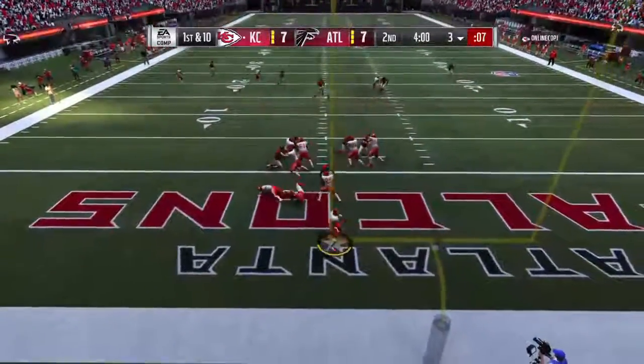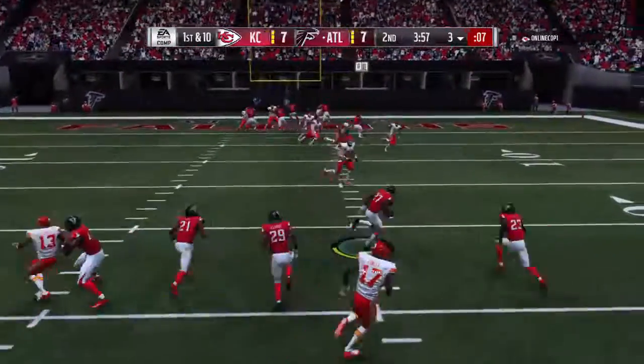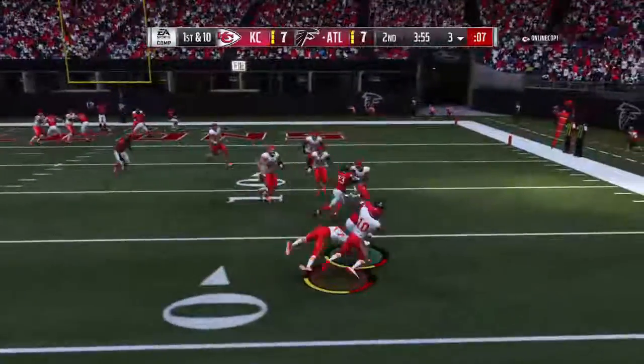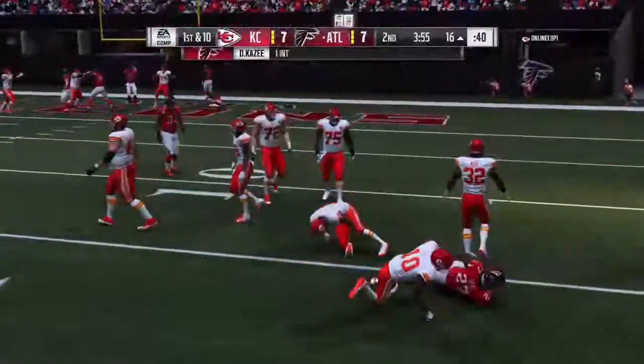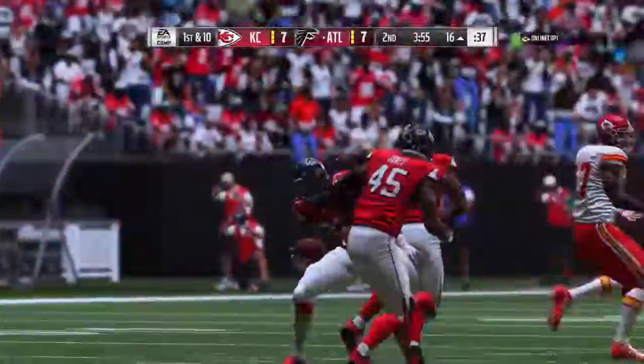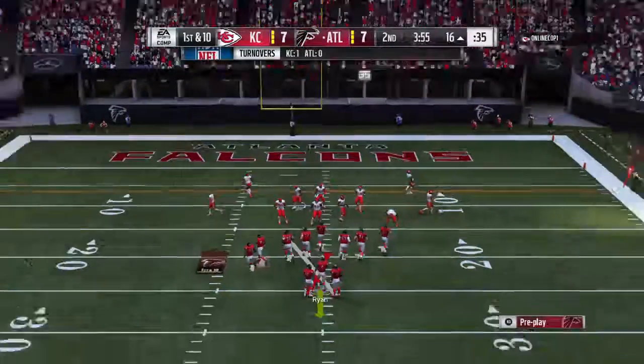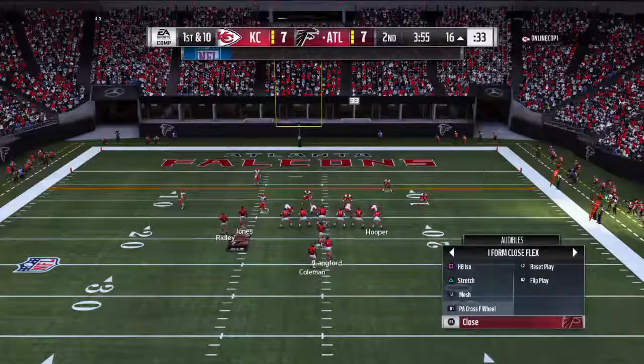On 1st and 10, here's Mahomes. Into heavy traffic, and it's intercepted. Picked off by DeMonte Casey. And he'll have the ball set up in the red zone at the 16-yard line. Well, they were obviously backed up, had a little bit of space from the goal line, snapping it from the 3, but still trying to throw it, and...